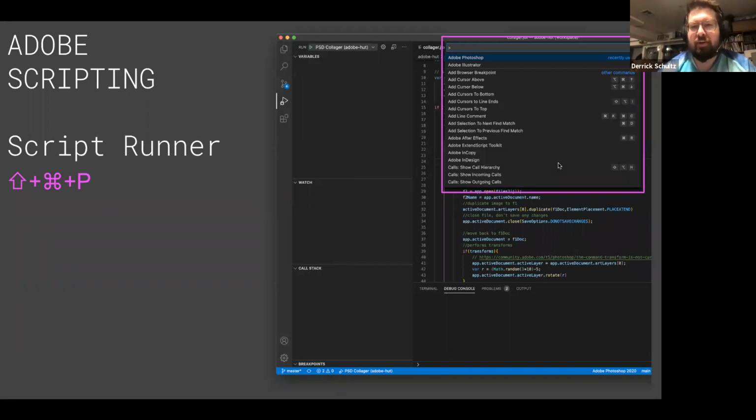And then if you run these scripts directly from the script command inside the application, like File, Browse Scripts, or whatever, it will definitely throw a bunch of errors if there's anything wrong with your code. And this is the challenge: your code has to be very, very clean and not have errors in it to not run through the debugger.